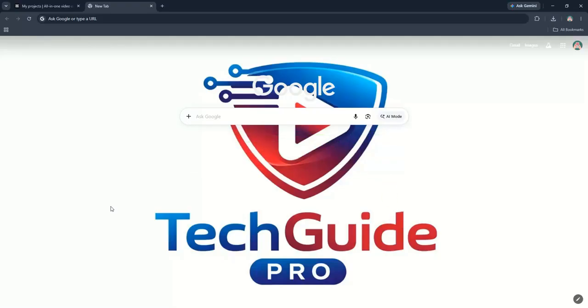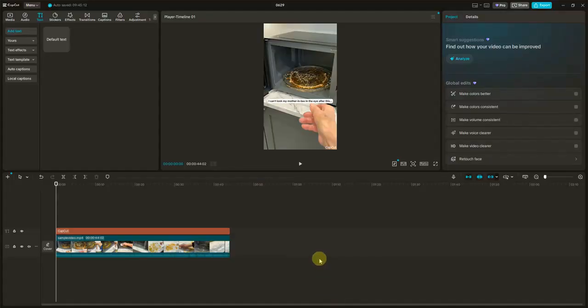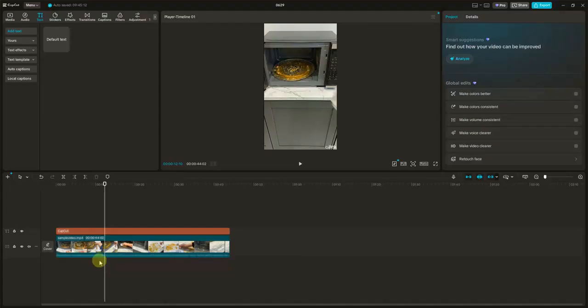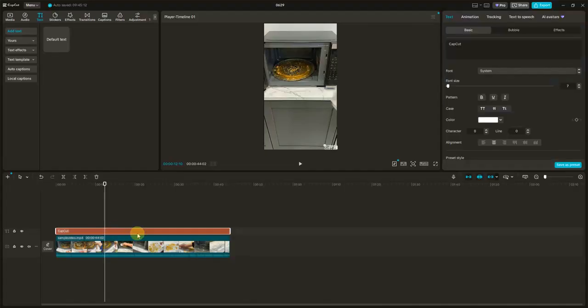First, open CapCut on your desktop and import the video you want to edit. Once your video is loaded, you'll notice the watermark usually appears at the end or can be found in the corner of your video. To remove it, go to the timeline at the bottom of the screen. Here, you'll see the watermark as a separate layer. Click on this watermark layer to select it, then simply hit the Delete or Backspace key on your keyboard to